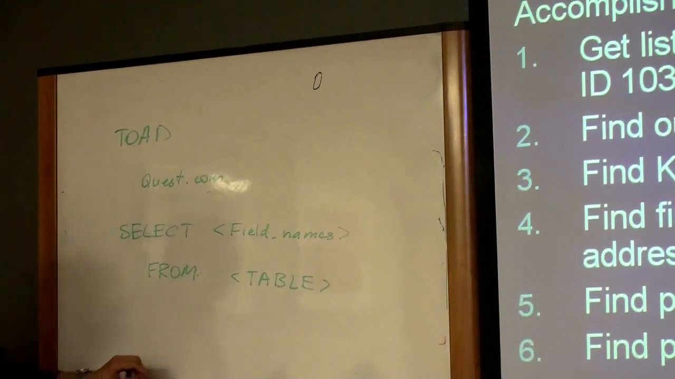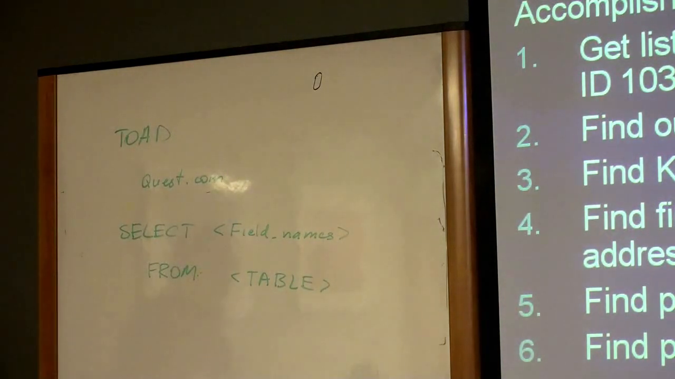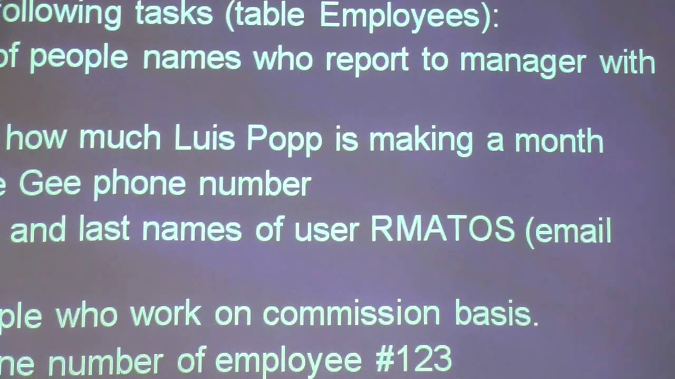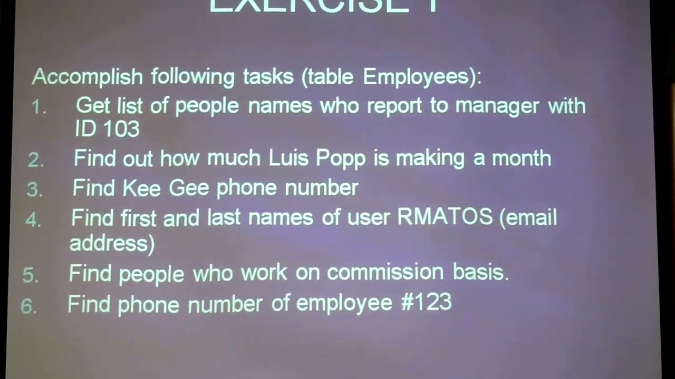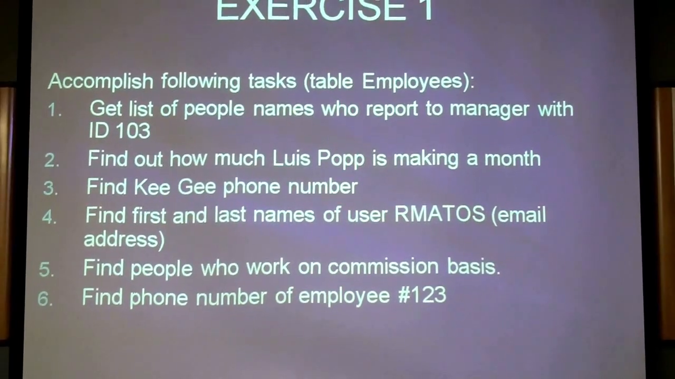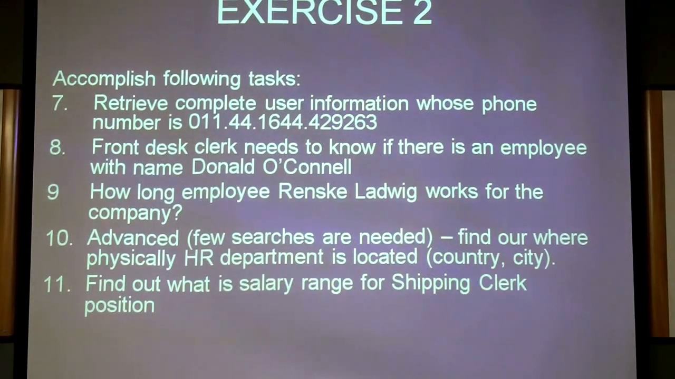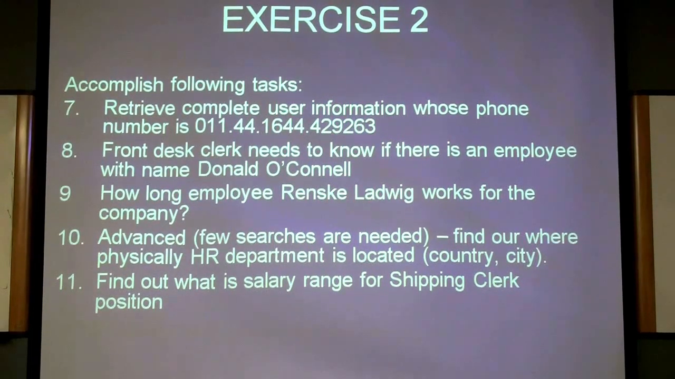So we did that. We extracted first names and last names. We found out who is employee number 1, 2, 3. We found people who work on a commission basis and who don't. Remember the null values there. Louis Pop's salary, and so on. Now we're going to part 2. It's a little bit more complicated, but I'm pretty sure that you can do that. We actually did Donald O'Connell, right? This phone number, and then